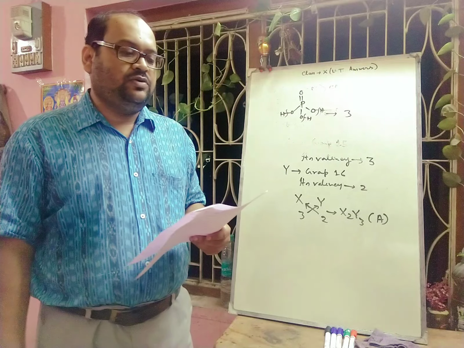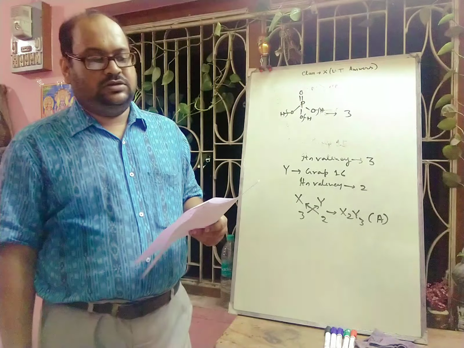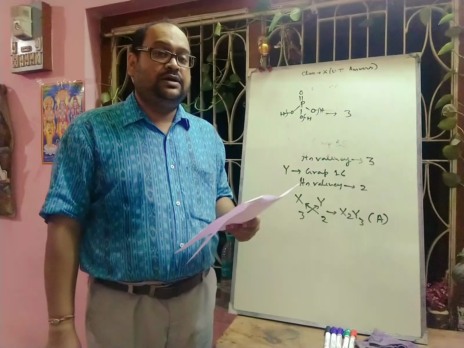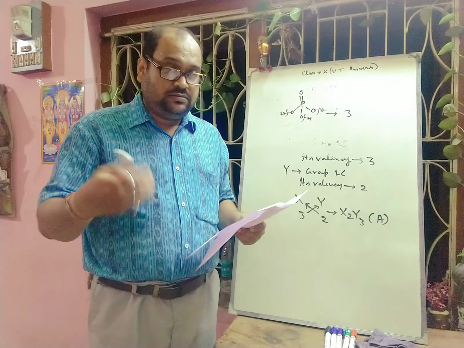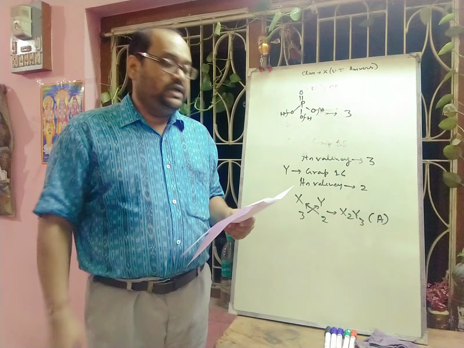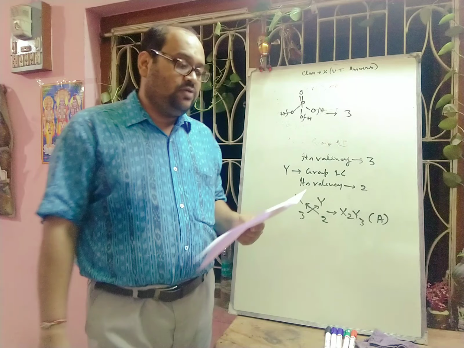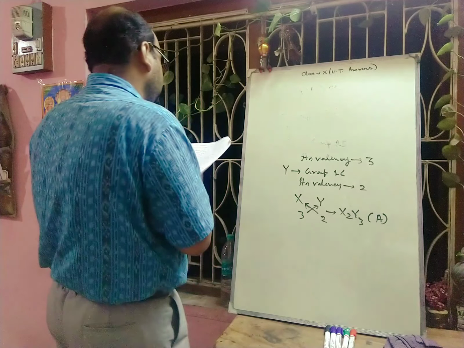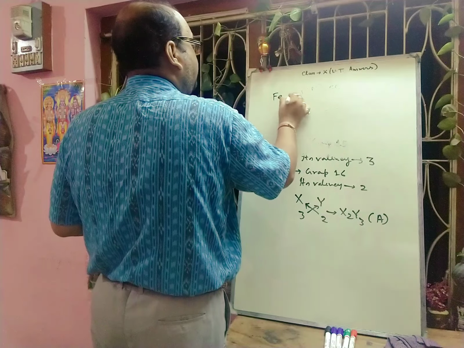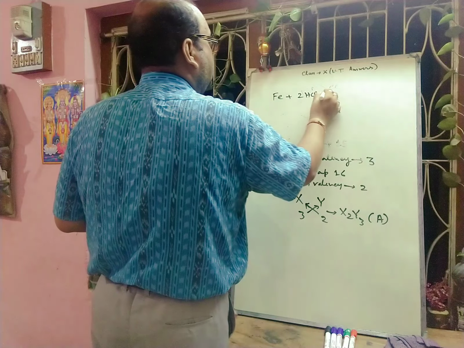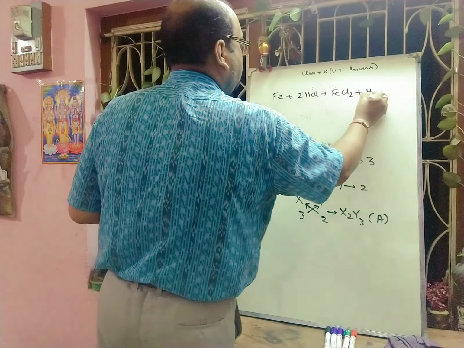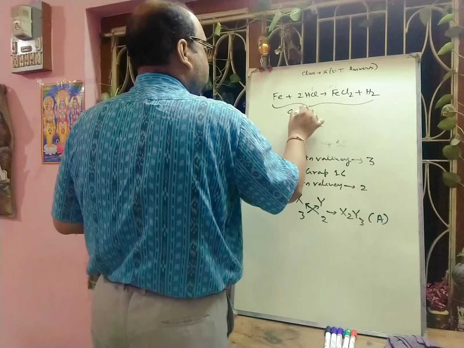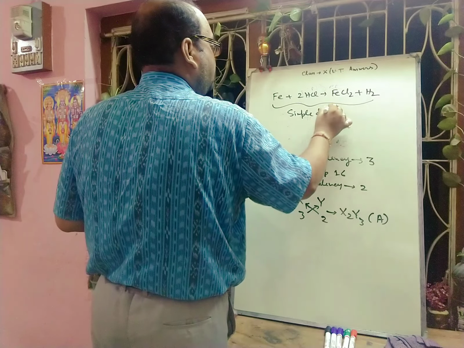The next question: iron 2 chloride is prepared by the dash method. Generally, iron 3 chloride is prepared by the synthesis method or direct combination method. So iron 2 chloride will generally be prepared by the simple displacement method. If you add dilute HCl to iron, it will form ferrous chloride plus hydrogen, Fe plus 2HCl giving FeCl2 plus H2. So this reaction is a simple displacement reaction.